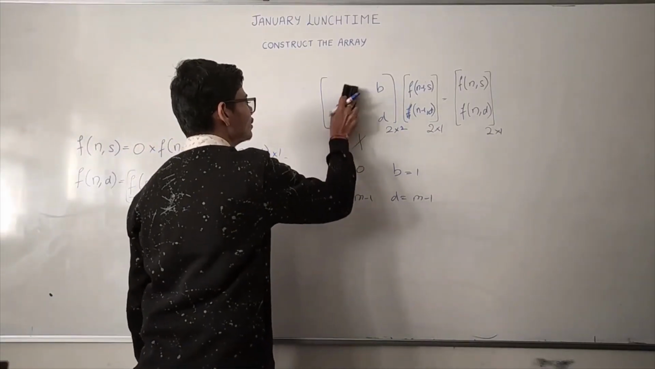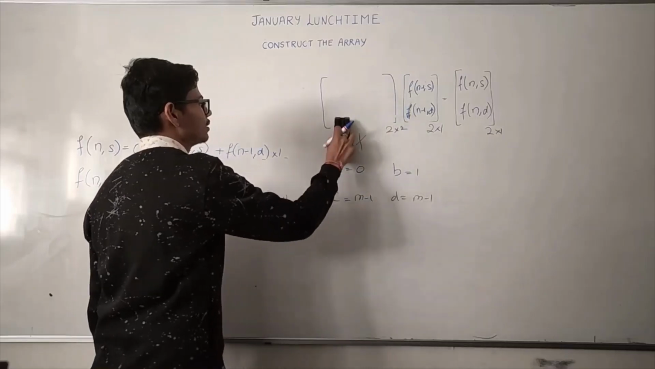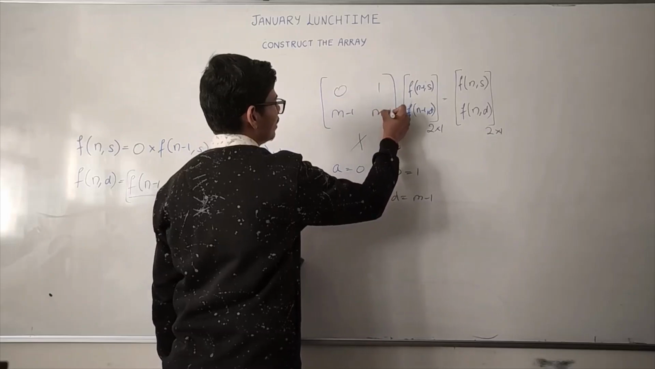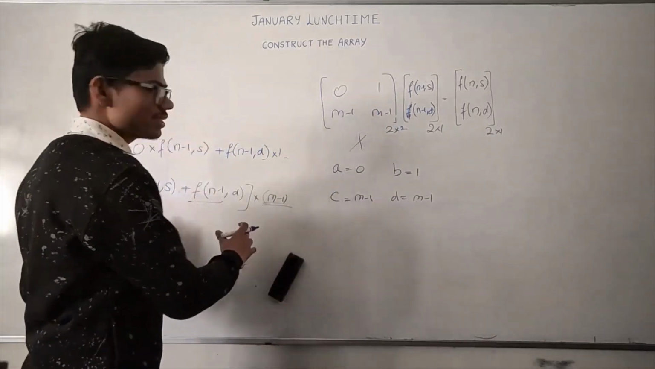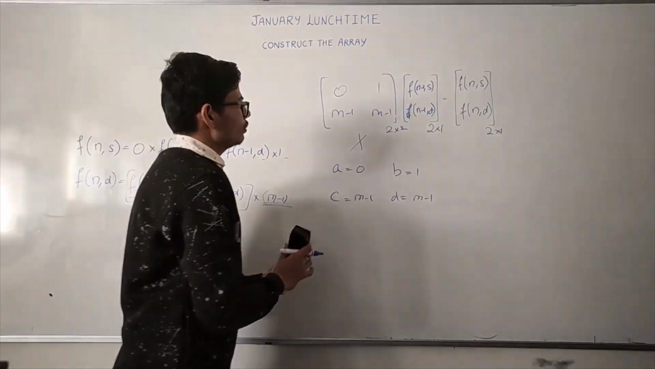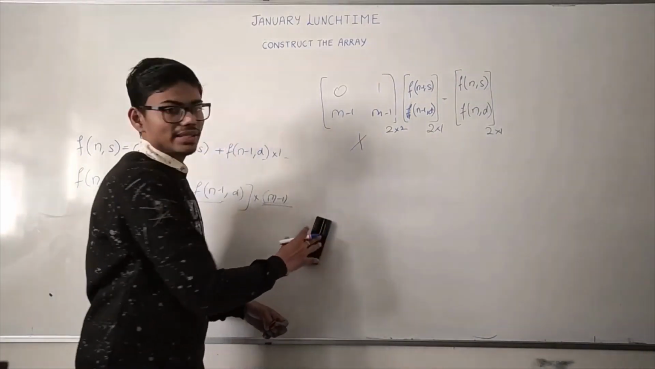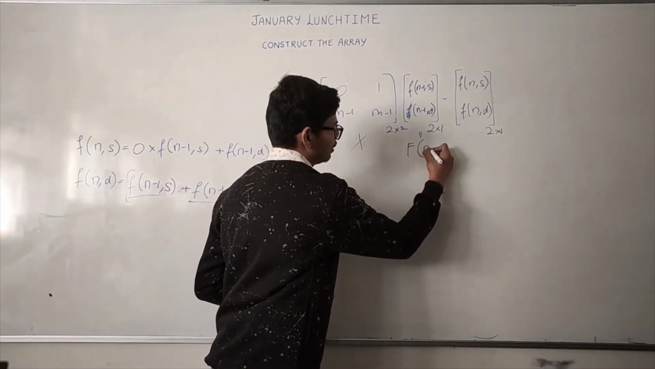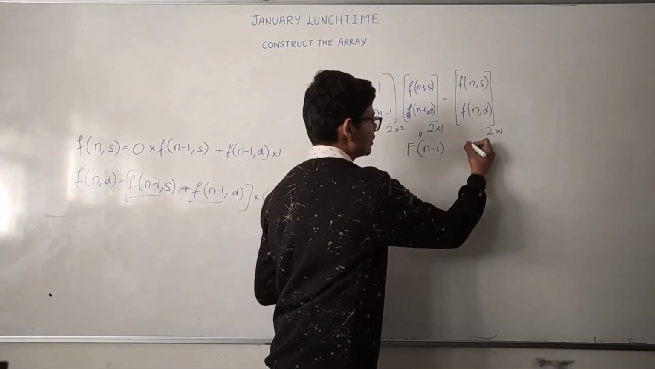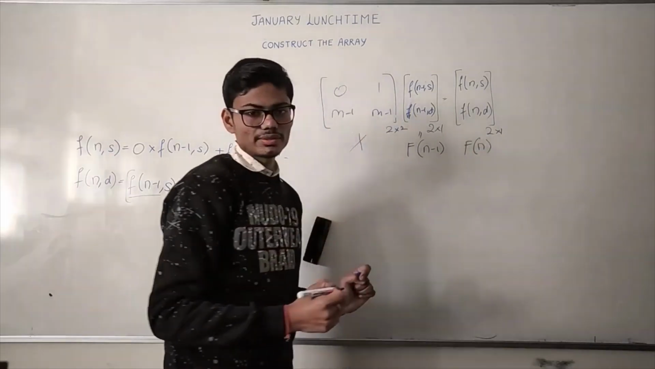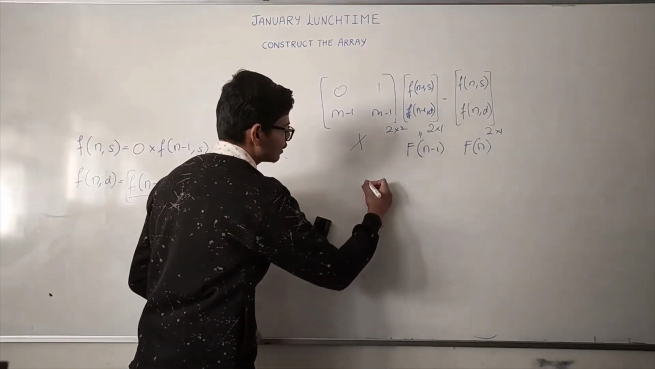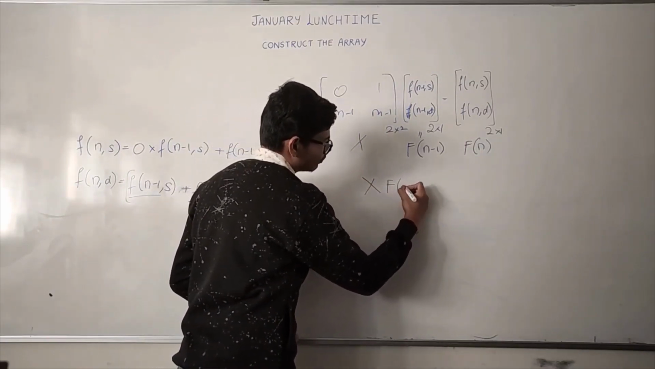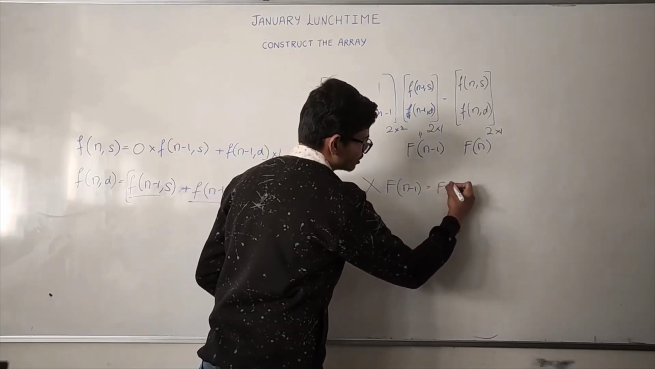So we can change these elements with their actual values: 0, 1, n minus 1, n minus 1. Now we have written these equations in matrix form. Now let us assume that this matrix is X, this matrix is capital F of n minus 1, and this matrix is capital F of n. Now we can say that this matrix represents this equation: X into F of n minus 1 is equals to